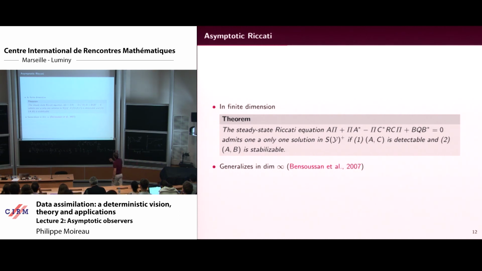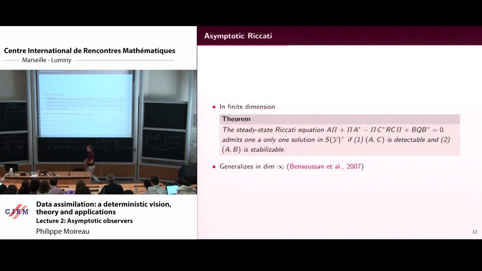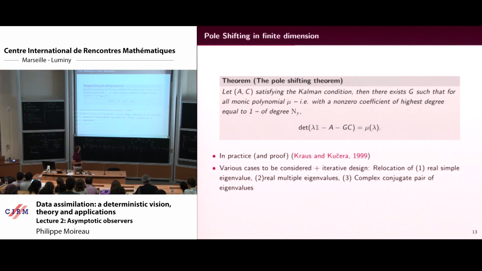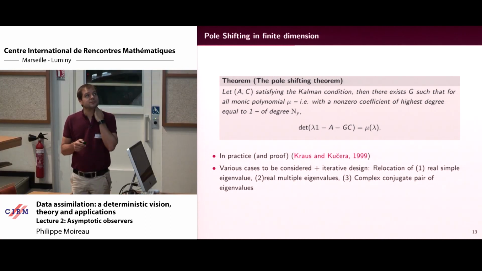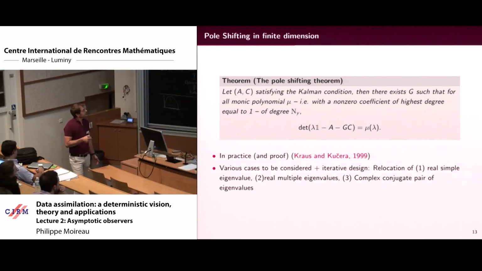Okay, so basically you can rely on just this guy and you don't have the dynamics to compute for the gain. The problem is that it's as difficult to compute this guy as to compute the time-dependent solution. But it's quite interesting to know it because there is a very nice theorem in finite dimension, which can then be extended to infinite dimension, the pole shifting theorem. The pole shifting theorem says that if (A, C) satisfies the Kalman condition, so if (A, C) is observable, then you can build a G such that